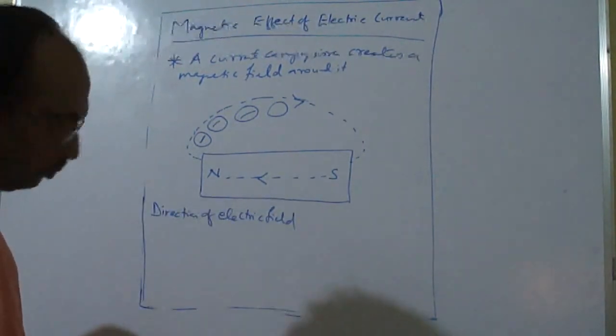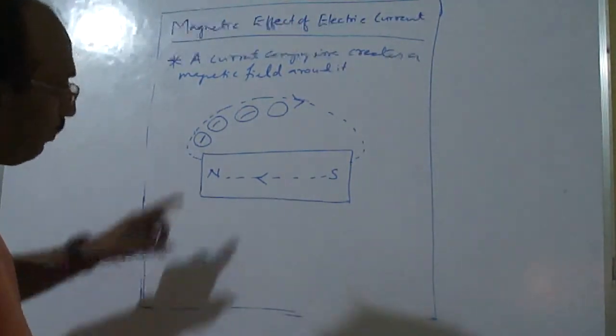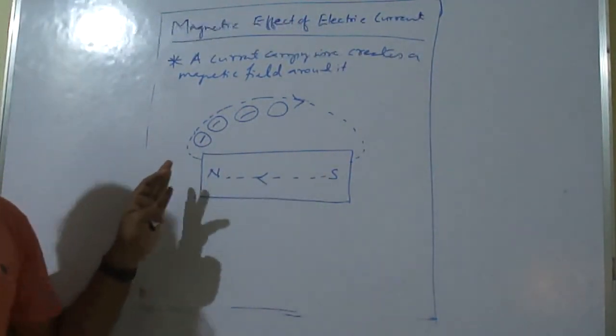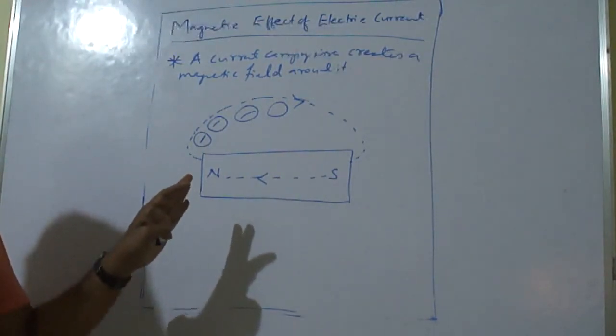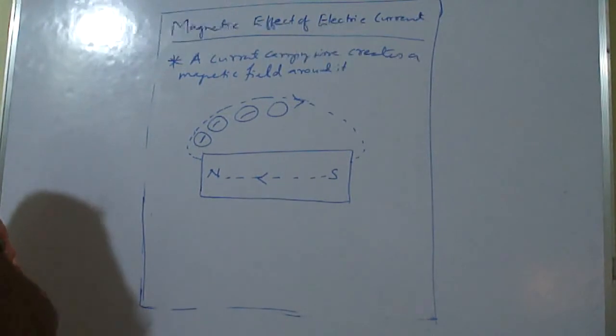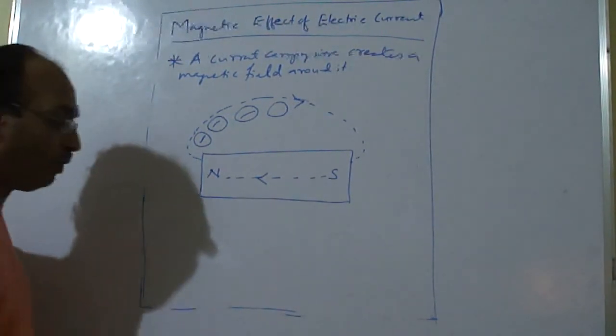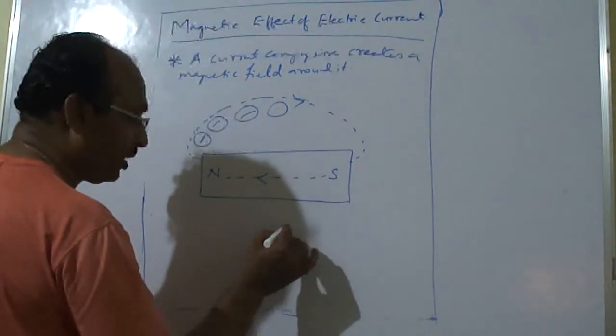Okay, one more thing you can do here. This is for magnet. This is for magnetic lines of force, when a magnet is there. Now when we are talking about a current carrying wire, you can say that